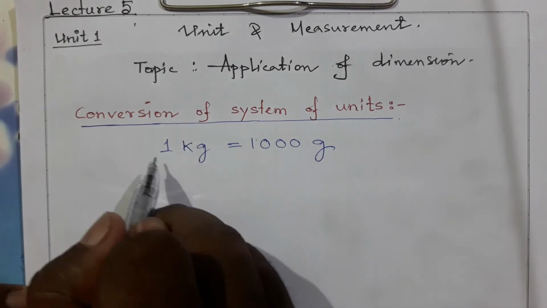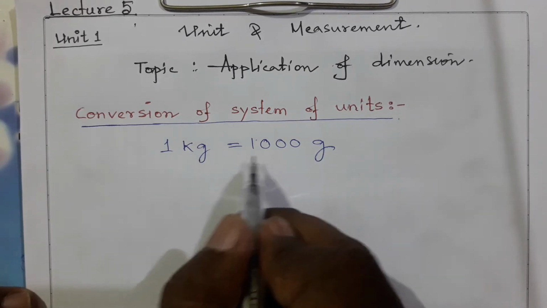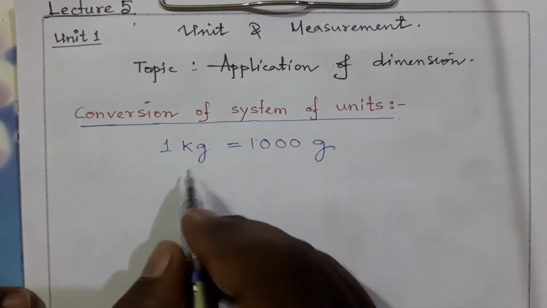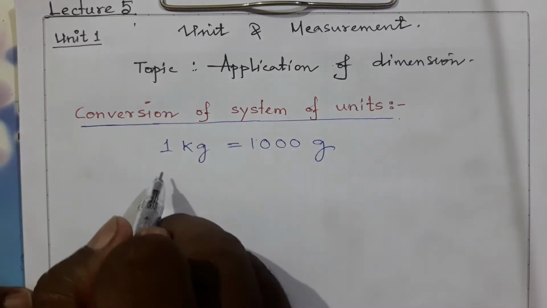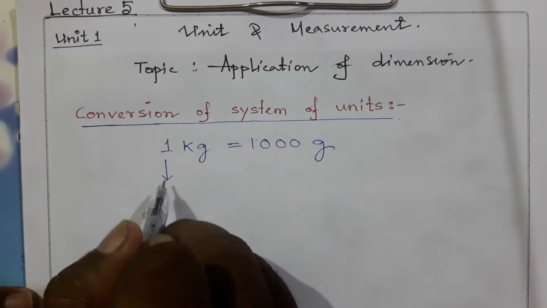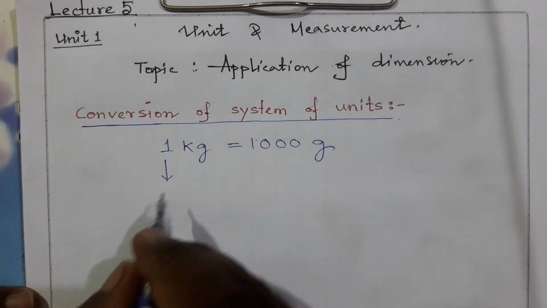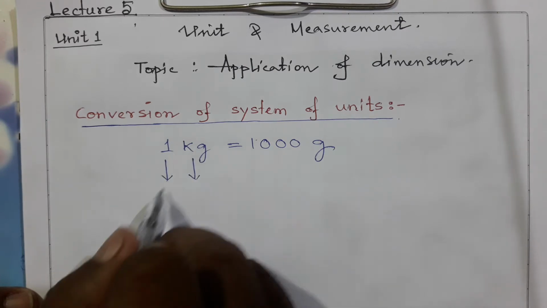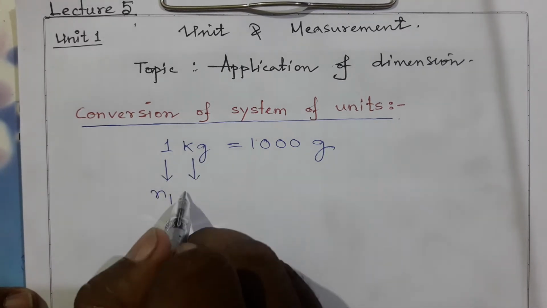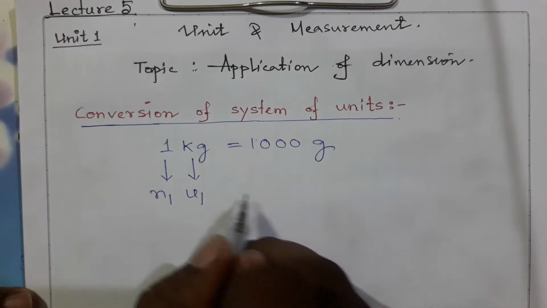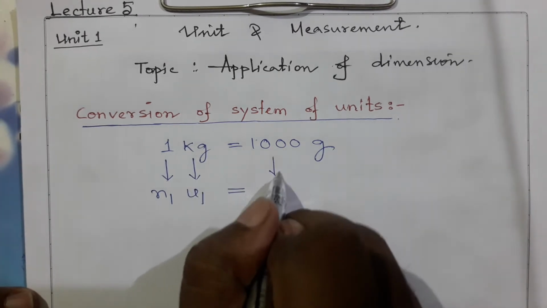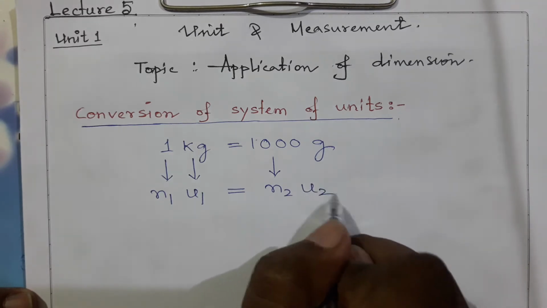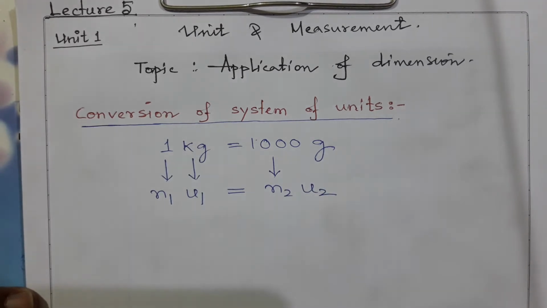Okay. Now we can show how 1 kg is 1000 gram. This is a standard value. We'll use this value to convert the other. Now you see here, in any measurement you will find two things. One is a number and one is the unit or dimension. Similarly here 1000, this is a number, the value, and gram, this is the unit or dimension.